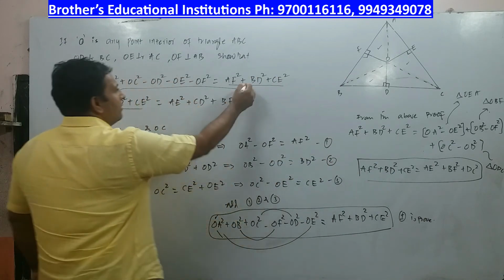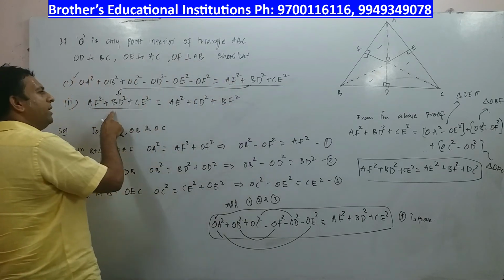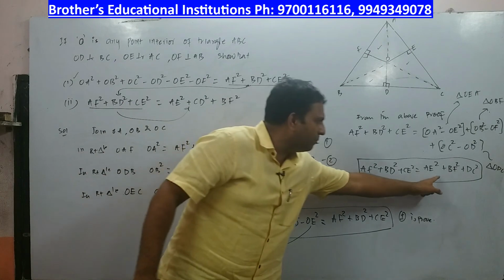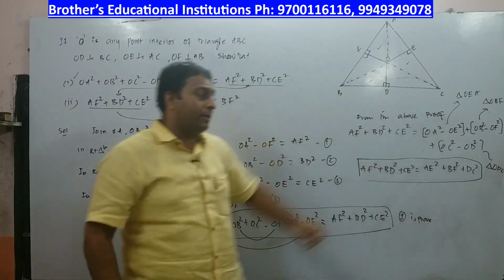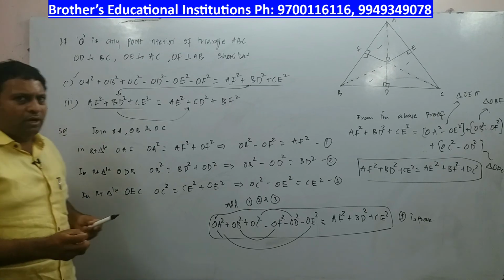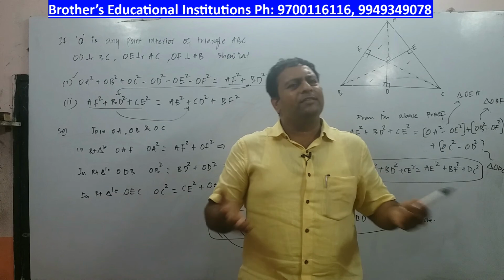Isn't it, children? This is the RHS of the previous bit, and that RHS is becoming LHS, and here you are getting AE square plus CD square plus BF square. CD square or DC square, both are same. So this appears to be a complicated issue, but if you keenly observe, it is very easy, because what you are doing is using the Pythagoras theorem, is it not?